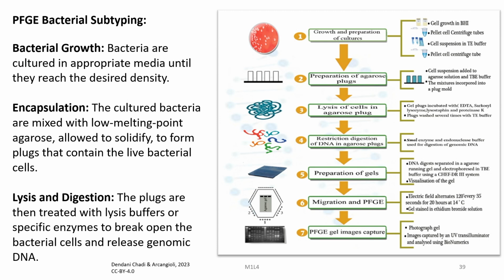So, there are various ways for bacterial subtyping using PFGE. So, here is one of the methods. Bacteria are cultured in appropriate media until they reach the desired density, and these are then encapsulated with low melting point agarose allowed to solidify to form plugs that contain the live bacterial cells. So, in the second step we are preparing the agarose plugs which contain the live bacterial cells, and then these